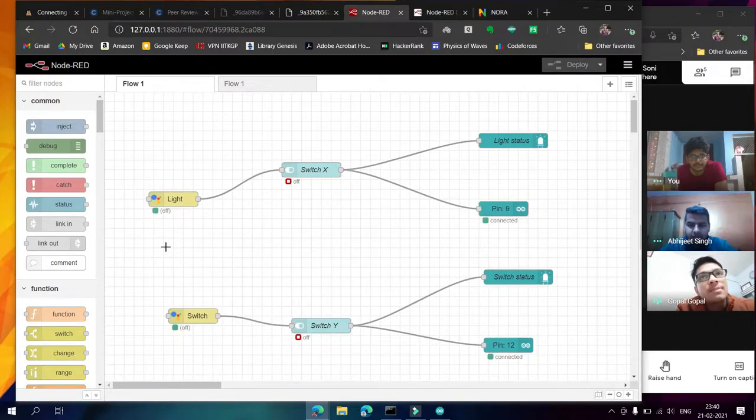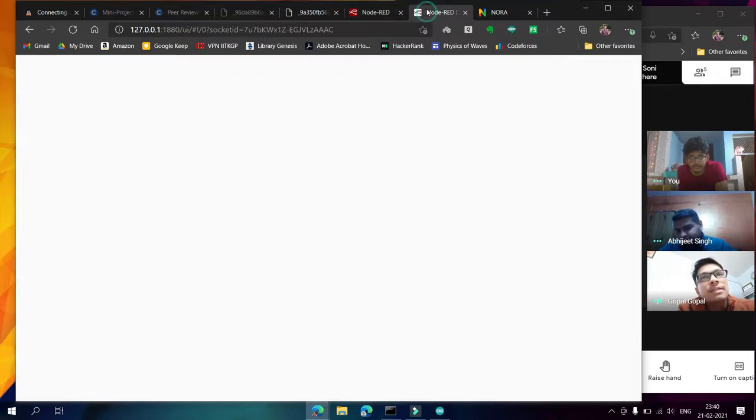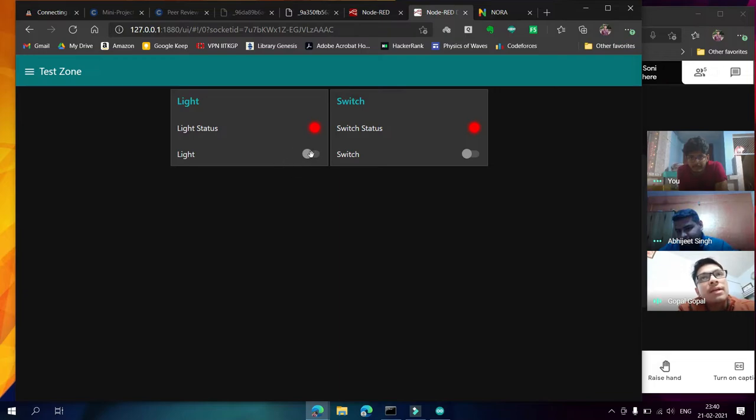Now I am going to explain the Node-RED dashboard and its user interface, through which we are virtually operating the appliances. The yellow palettes visible on the screen are the Node-RED extensions which we are using. The palette named light is connected to switch F, which in turn is connected to pin 9 of Arduino, and then another palette named light status. This LED turns green in the user interface when the appliance is in the on condition.